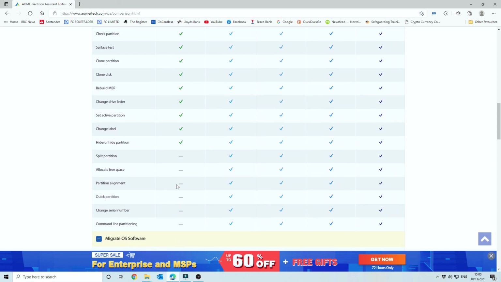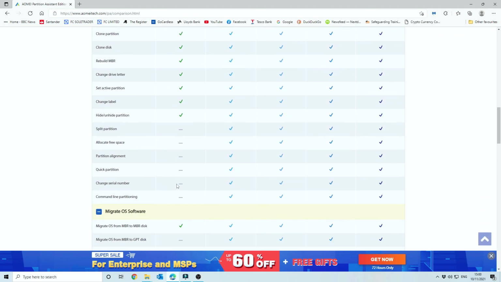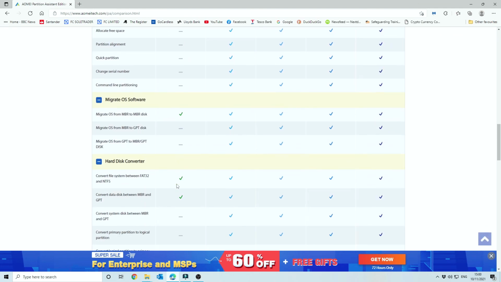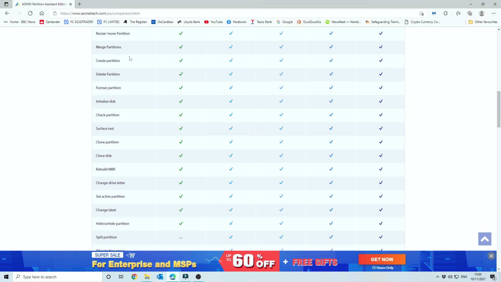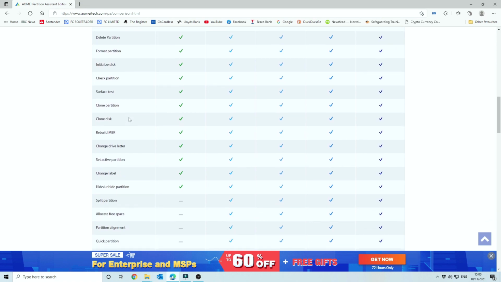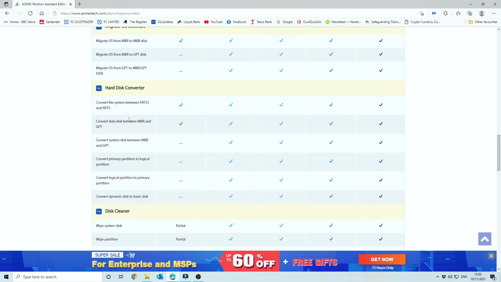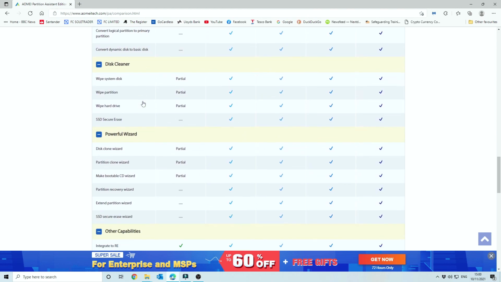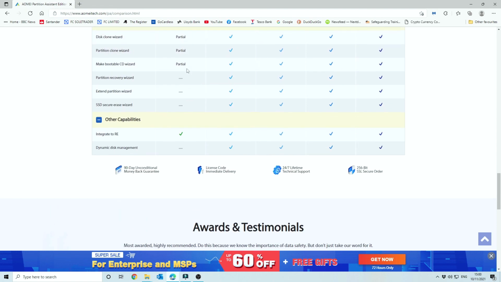Okay, yeah, so actually it is really beneficial to go for the professional version. It gives you the full functionality that we've been through there. The basics are obviously supported, as you can see here, from resizing, creating, deleting, merging, that kind of thing. But the really useful functionality is the paid for software. So let's have a look at the difference between